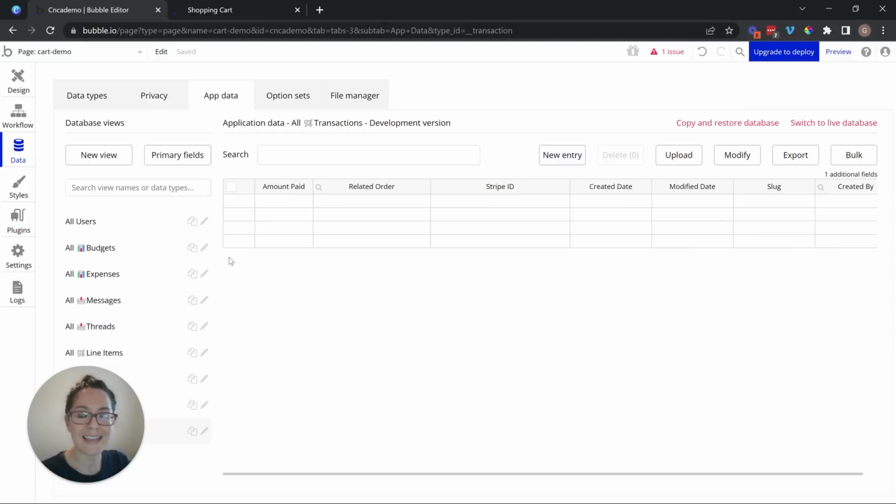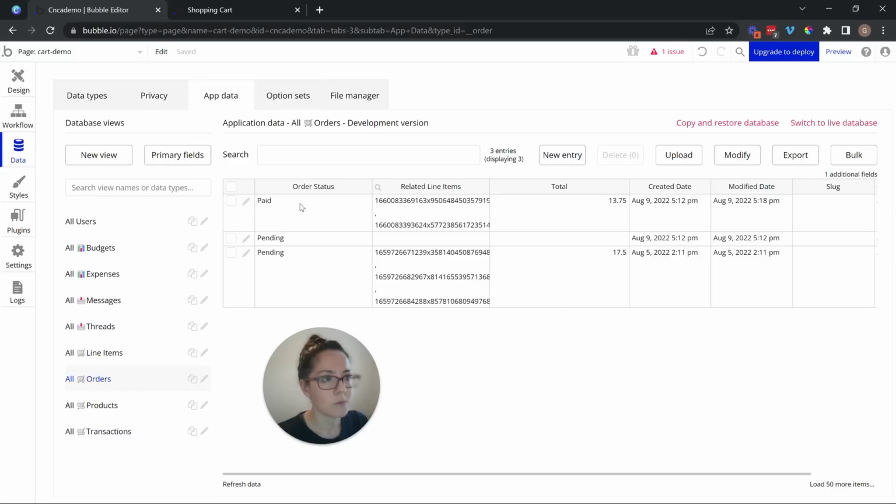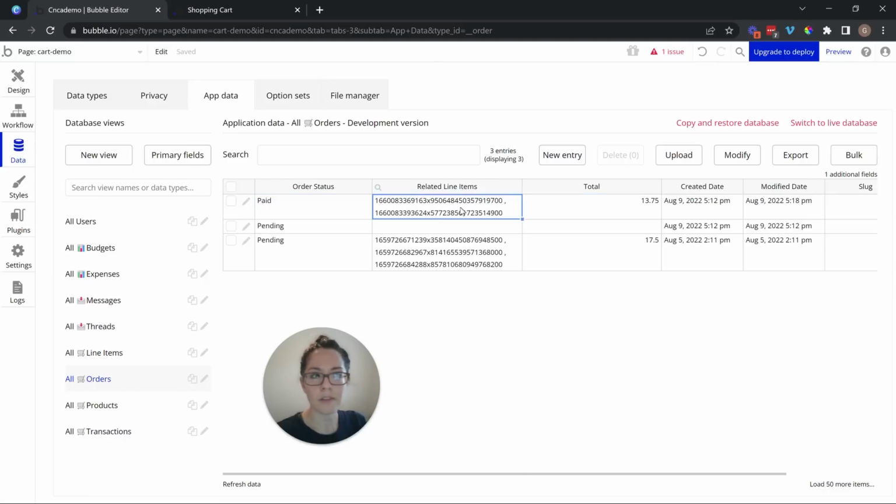So let's just take a look at the actual data that was generated from that shopping cart that I just created here. So let's start with the order. This was right here. This was my order. There was my total, $13.75. These are the 2 related line items. Remember, they're represented by their unique ID